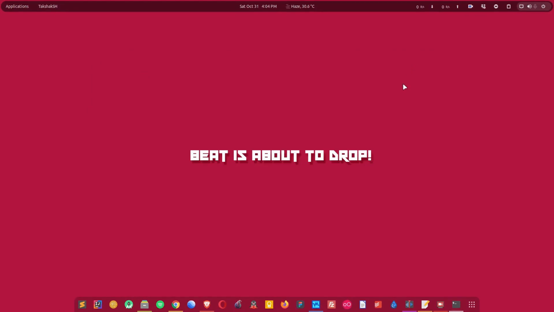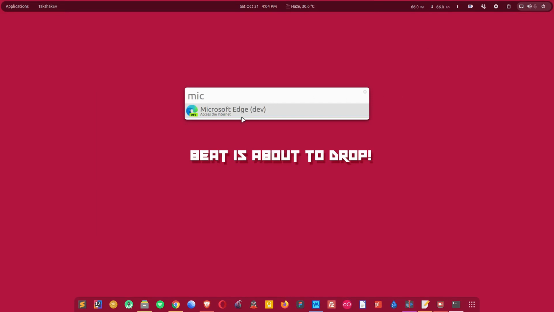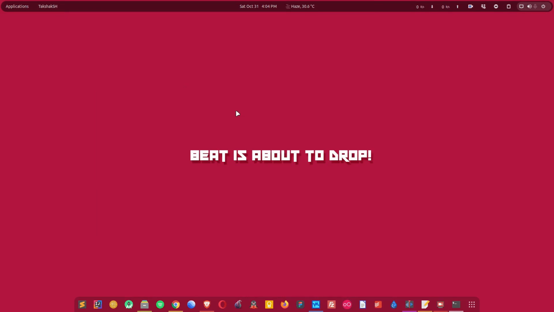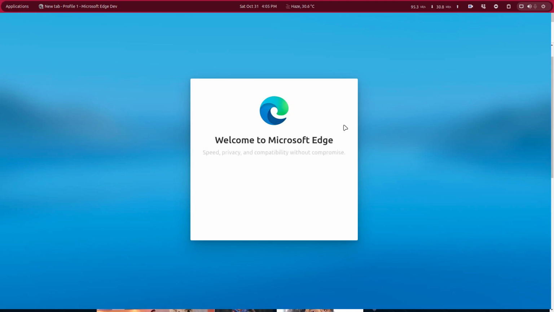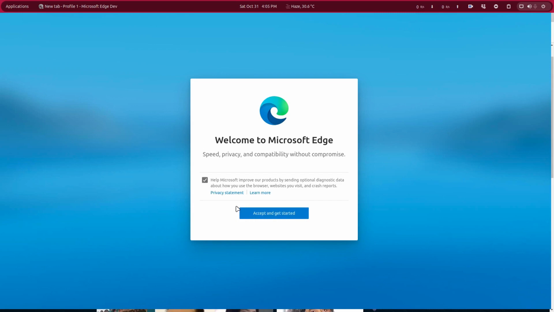Now I can simply minimize this window here and search for Microsoft Edge in my system. As you can see, it is saying Microsoft Edge and this is developer preview, so it has dev annotations there. You can see it is pretty smooth, and that is what I really like about Microsoft Edge browser. And the thing is that all these browsers are from the same root project, that is Chromium. So your Chrome browser, your Chromium browser, your Opera, Brave browser, all are from the Chromium project. So they have the same features like the other web browsers, and they all support Chrome extensions.